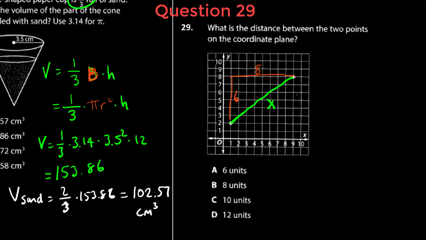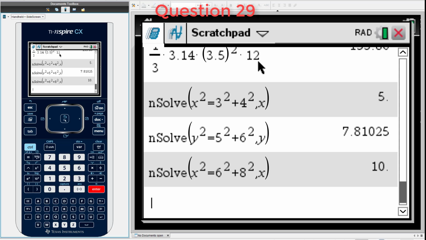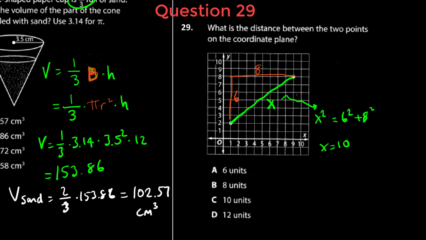I have 6 units and 8 units for the legs of this right triangle, and the distance that I'm looking for, which is going to be x, is going to be the hypotenuse. So writing this equation for this right triangle, the longest side is x, so x squared is going to be equal to 6 squared plus 8 squared. Solving for x, I get 10 as the distance between the 2 points. So the correct answer is going to be